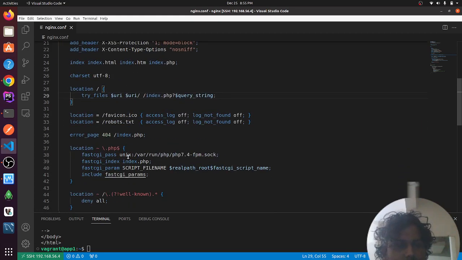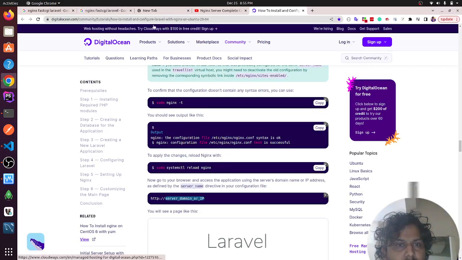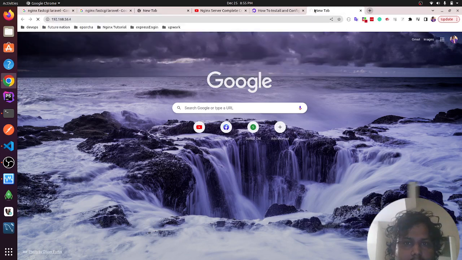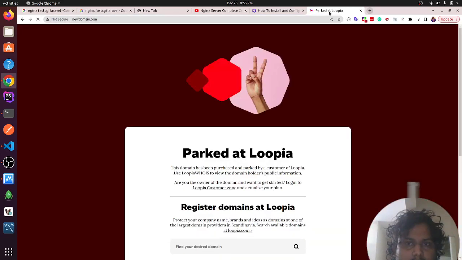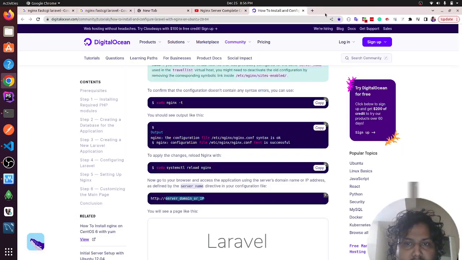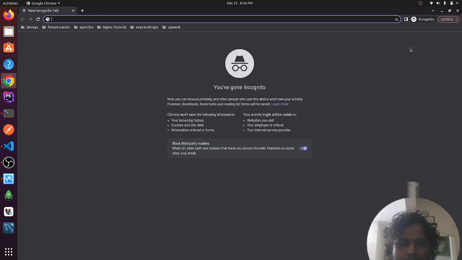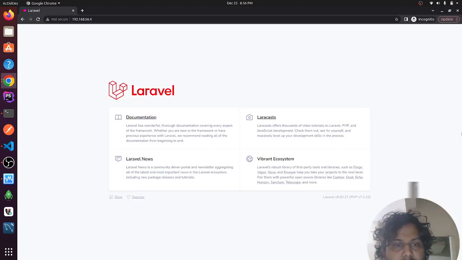So it's working. Let me show you. Okay, it's serving from my cache, but if I go to the new window, as you can see, this is the Laravel system software from the virtual machine on 192.168.56.4. That's it. So all you have to do, just first of all, in your virtual machine, you have to